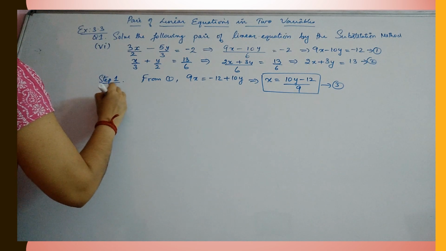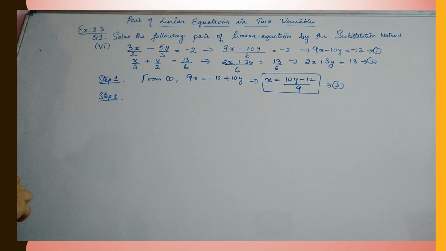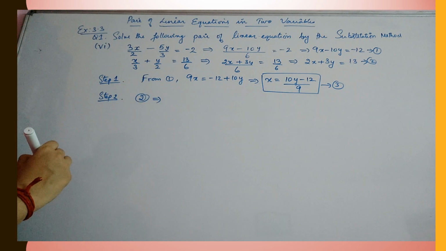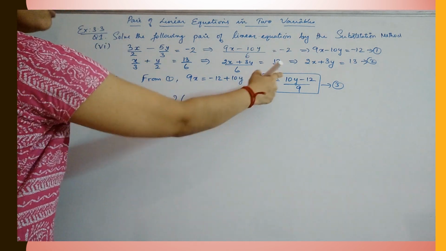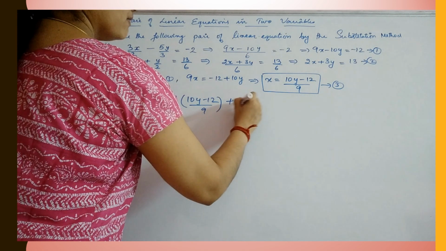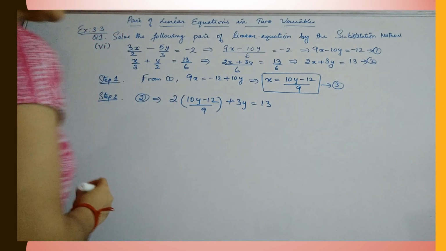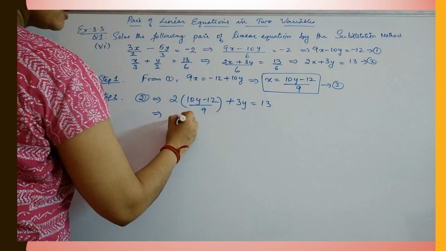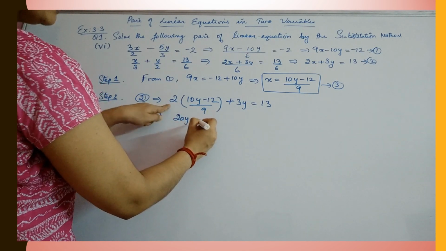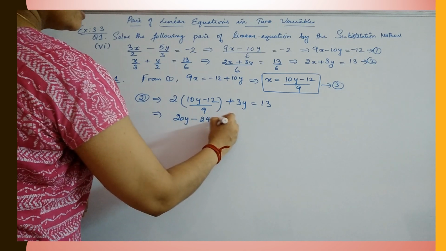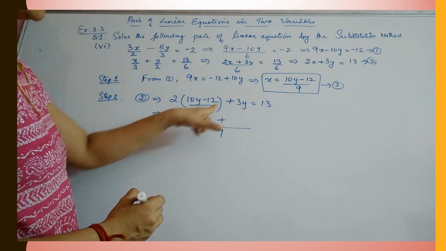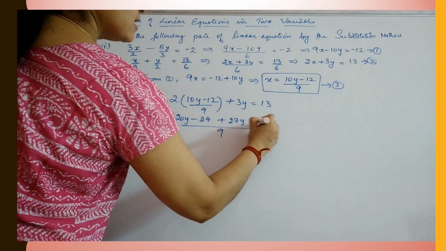Okay. Now for step 2 what you need to do, you have to replace the value of x in the other equation, that is equation number 2. So we'll start with equation number 2. Equation number 2 is 2x plus 3y equal to 13. So here we will replace the value of x as 10y minus 12 divided by 9 plus 3y is equal to 13. That is, here what you will get? Again I will take LCM and take this 9 to the other side. Okay. So here you will get 20y minus 2 into 12, this will give you 24. Now while taking the LCM as 9, here it is the same thing. Here it will become 9 into 3, which is 27. And here you have 13.